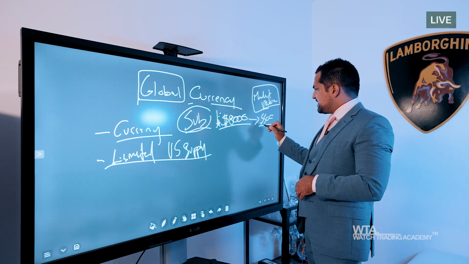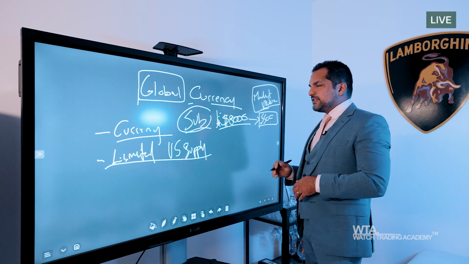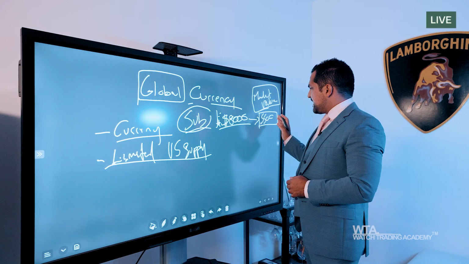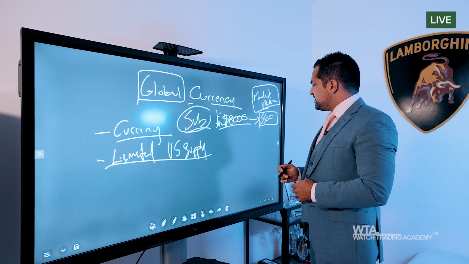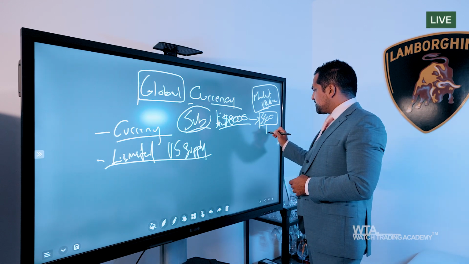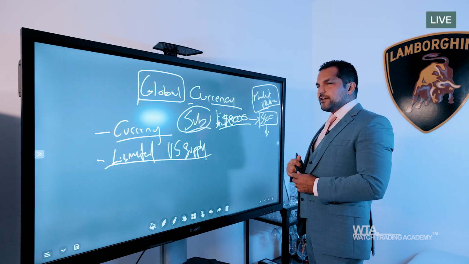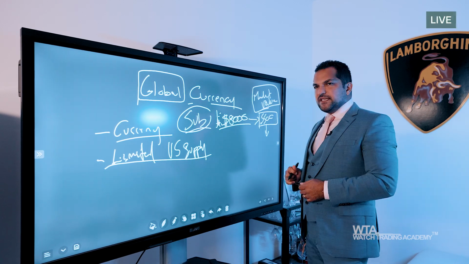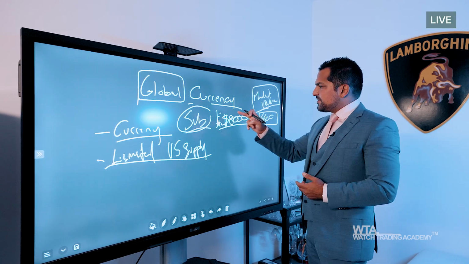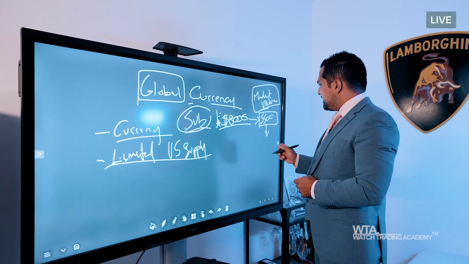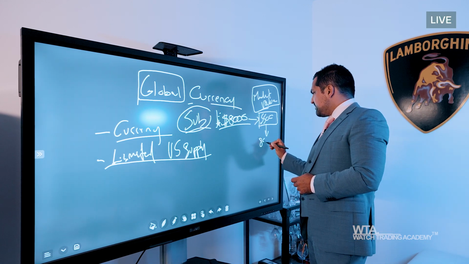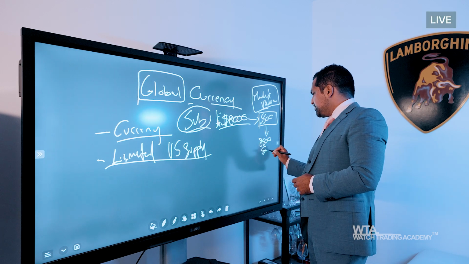Well, what occurs since this watch is now no longer in the hands of Rolex, but is in the hands of a reseller, someone that means to make money off of this? This individual understands that demand increases for his watch and more of this money starts to flood over here. Now, in order to ensure he's getting the most for his money, because he also can't replace the good instantly, he increases his price now to 8,500 euros.